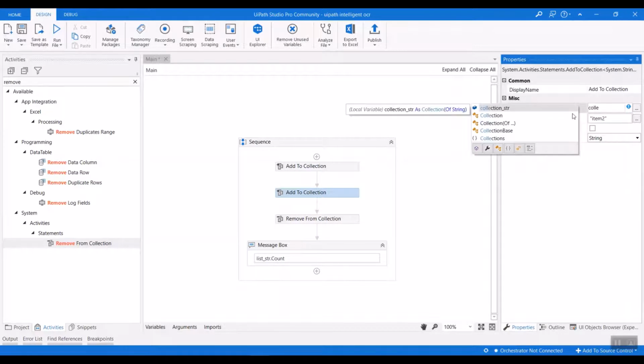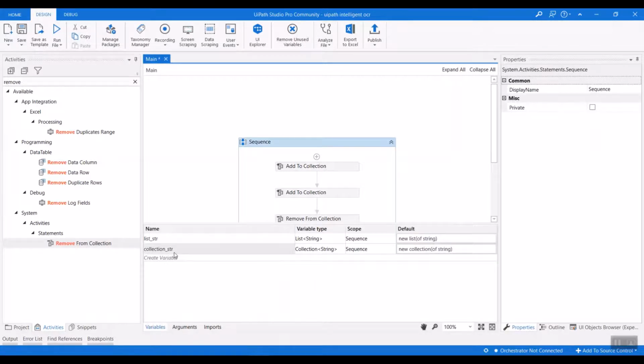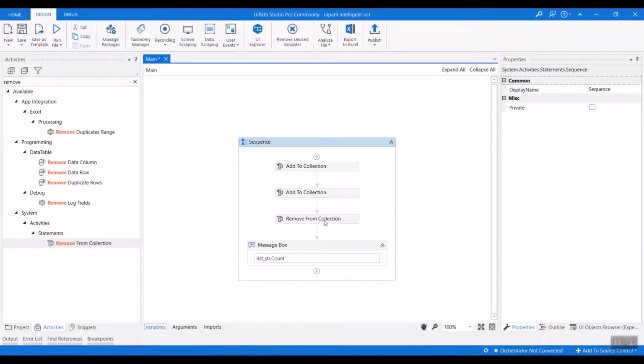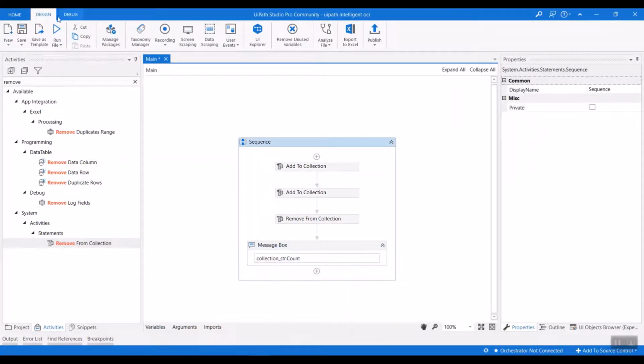Just give the collection name and the item as string. So we have created the collection here, declared it, added the items, and removed an item. Again we will just check the length of it. So collection string dot count, it should be 1.